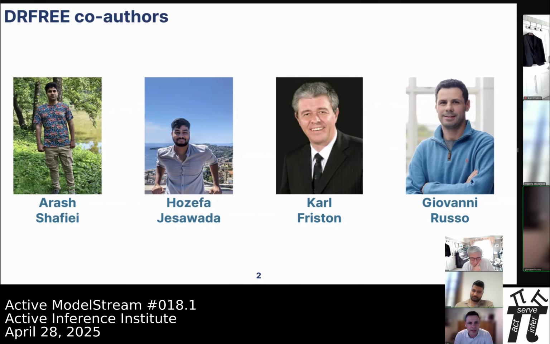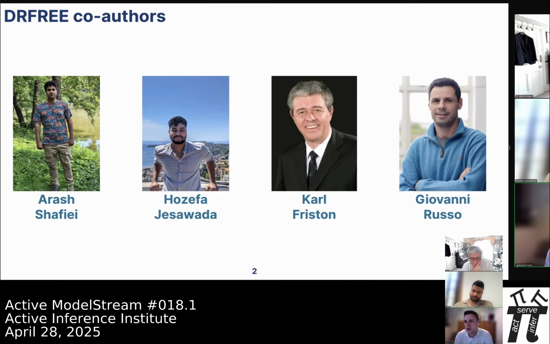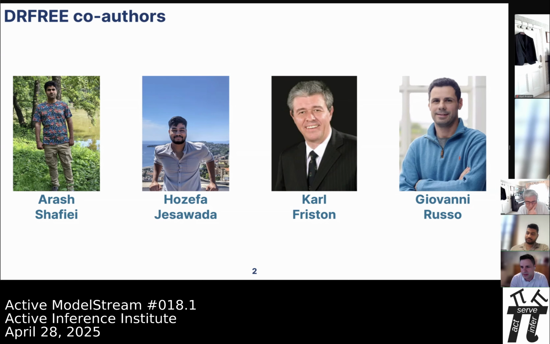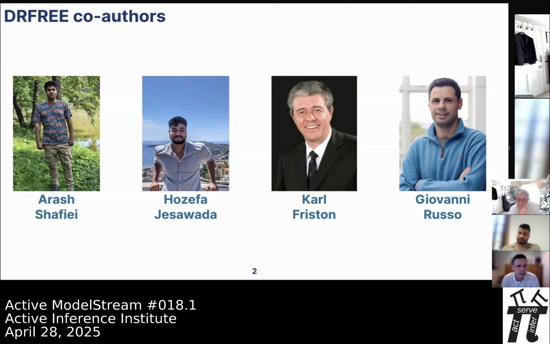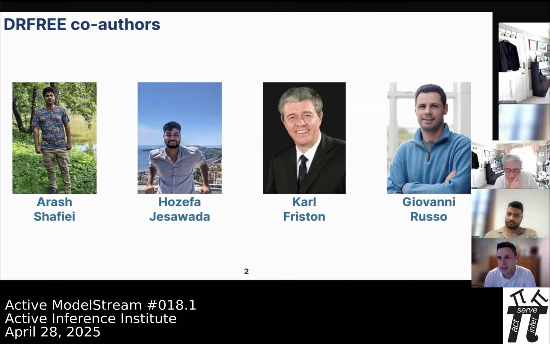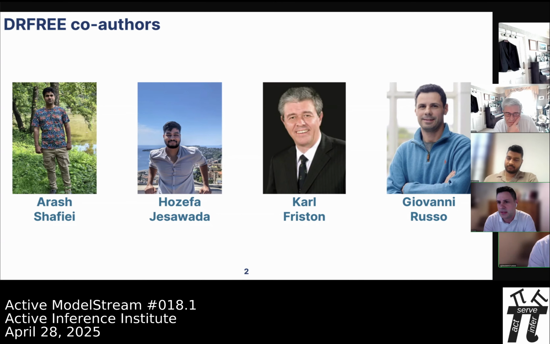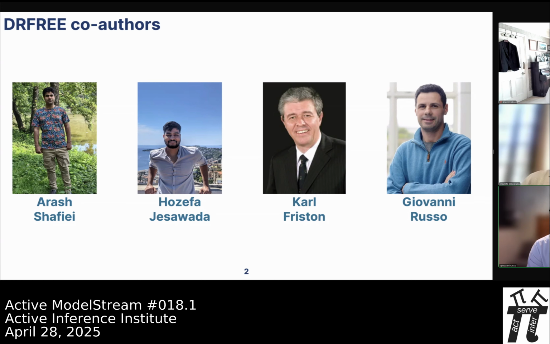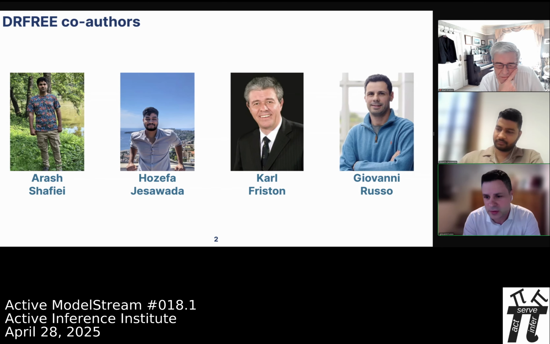The paper provides a computational model, which we call Dr. Free, which relies on free energy minimization for policy computation and tries to install robustness into decision making. So our angle is to design policies, making decisions that are robust against certain ambiguities. Our background, from the group in Salerno, so Arash, Hozefa, and myself, is that of control theory. So I apologize if sometimes I speak about some control terminology.